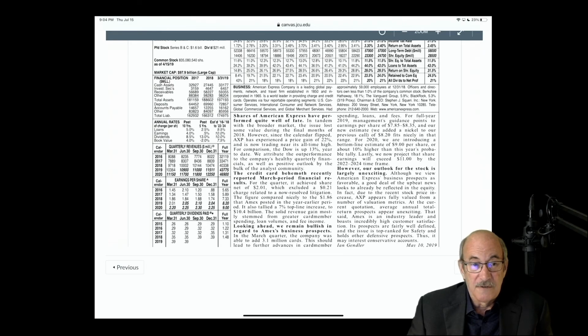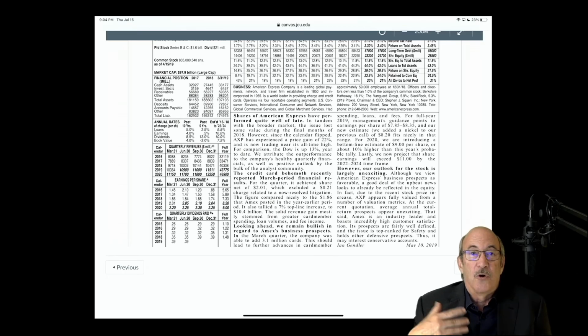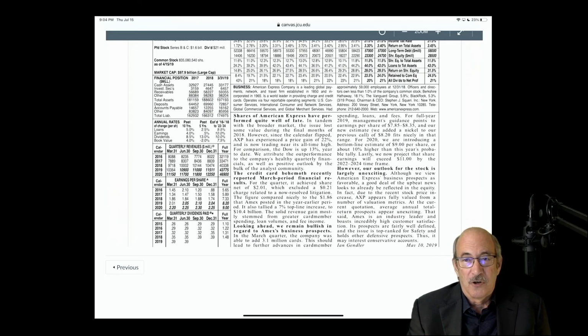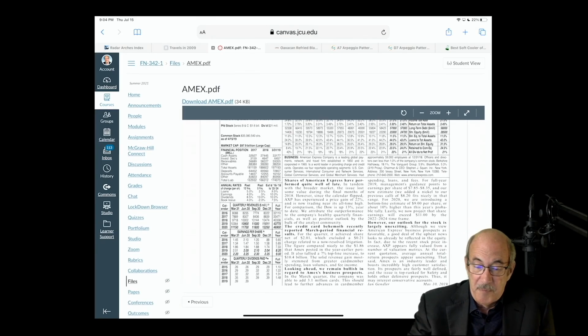accounting of each individual firm. So we're going to use this in those exercises. As you're going through that slide deck, working through those problems, make sure that you've got a copy of this sitting next to you so you can see where the numbers are coming from. By the way, if you're unfamiliar with